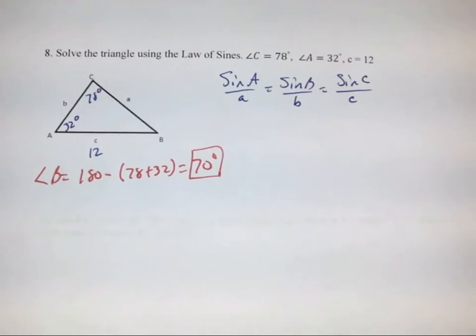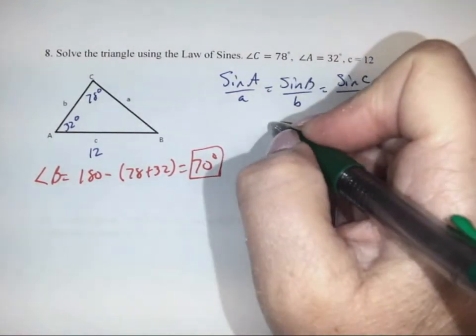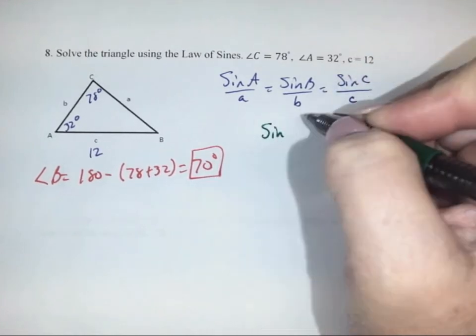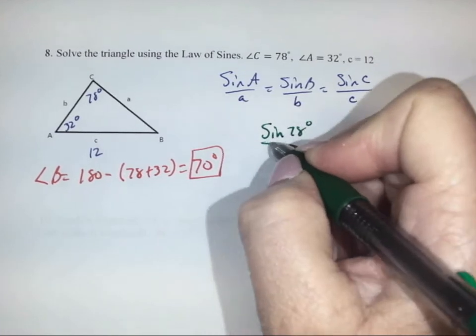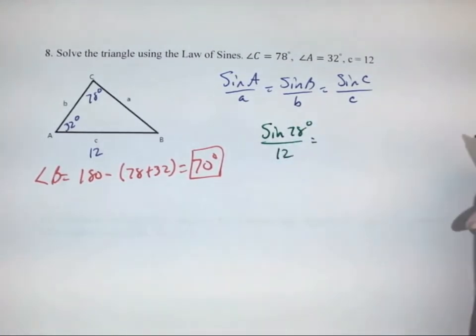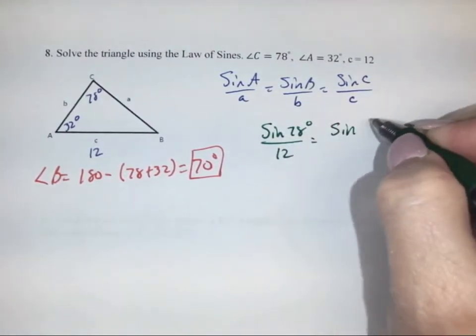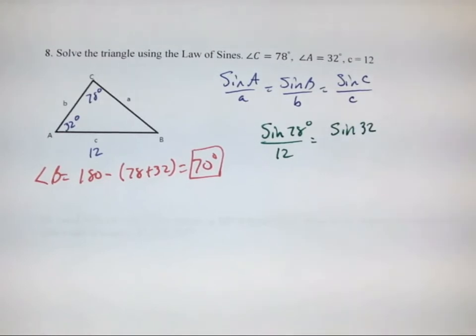Now, we have our A, so let's go find the sine. We're going to use angle C over little c is equal to the sine of A